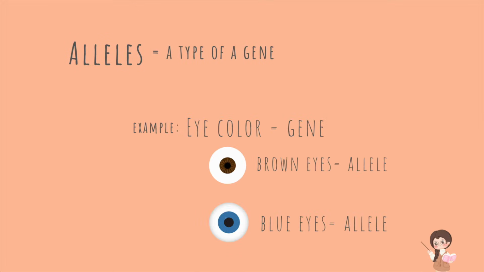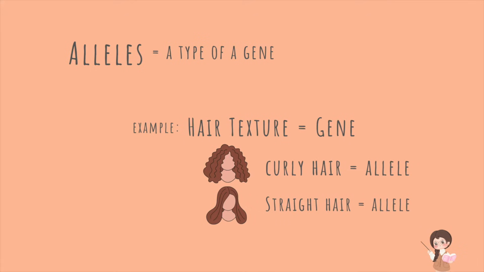So first off, there are a few terms you need to be familiar with before we start practicing Punnett squares, like allele. An allele is a type of a gene. Each gene has two alleles. For example, if eye color is the gene type, then the color would be the allele. So here, brown eyes is one allele, and blue eyes is the other allele. Another example is if hair texture is the gene type, then curly hair is the allele and straight hair is